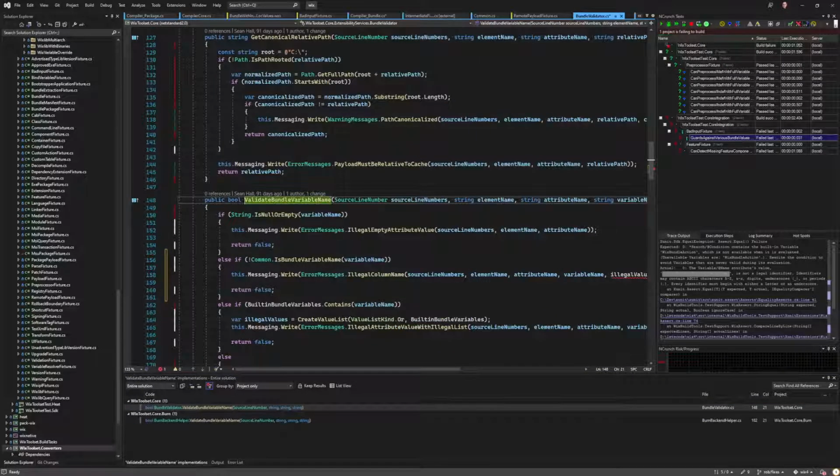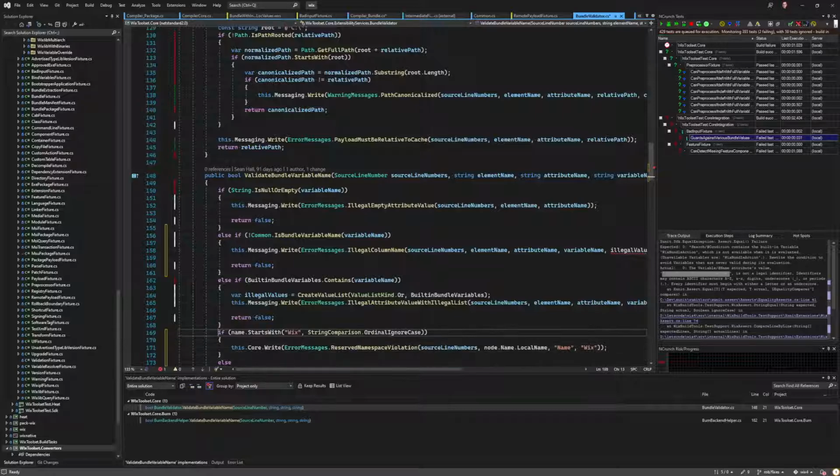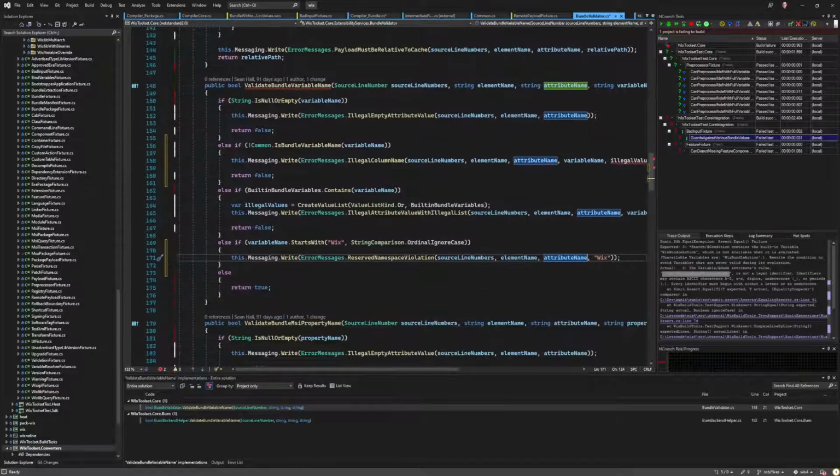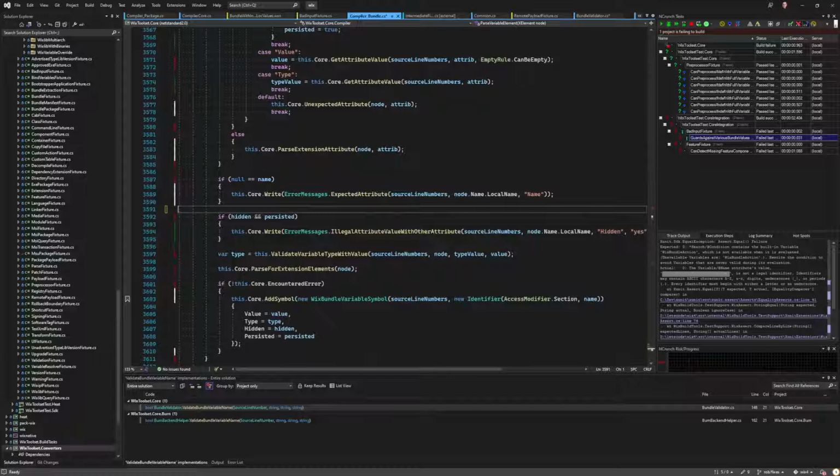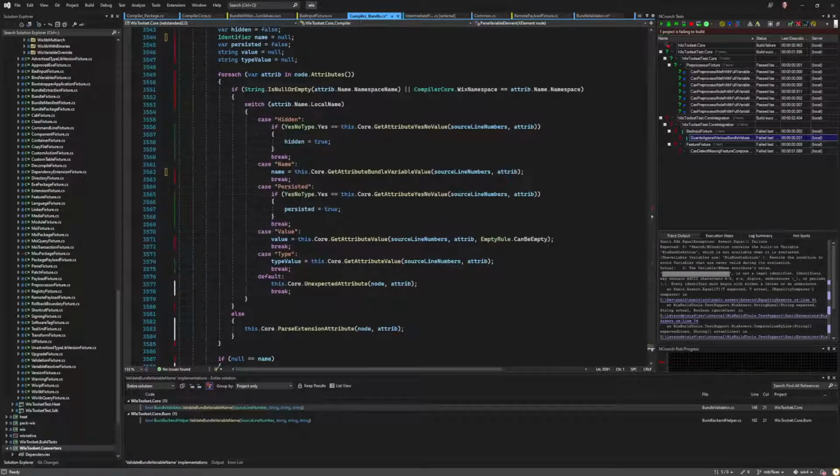Down here is valid. Else if that. Else if there. Variable name starts with this dot messaging, does that, and element name, attribute name. Boom. Great. So we brought that check. All right, so real quick, we brought that extra Wix check down, so it's going to be used everywhere,